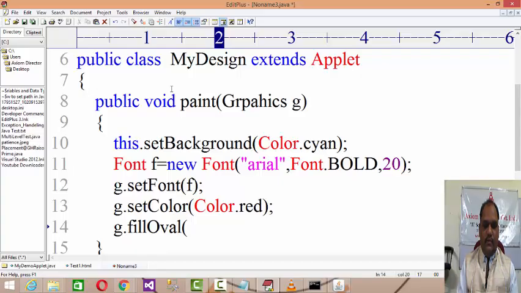For fillOval, maybe you want the point 400x, 400y, and the width and height, maybe 300.